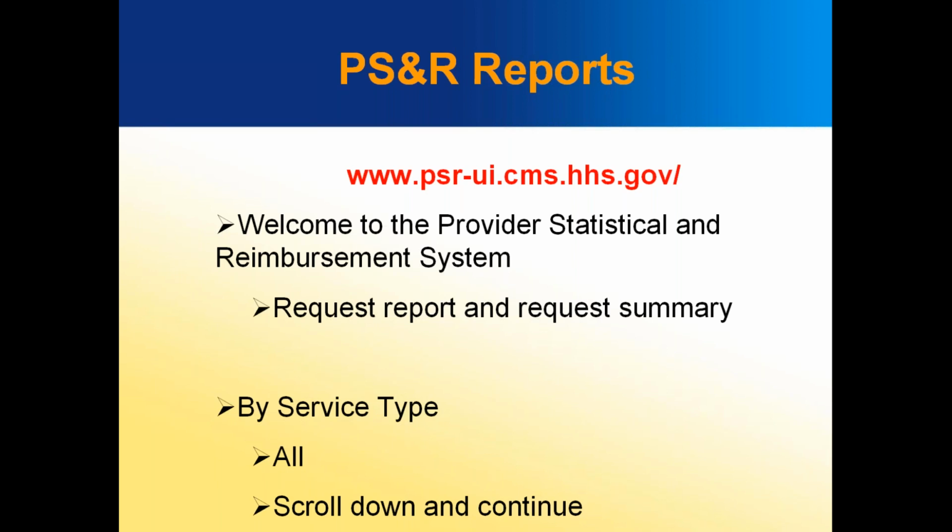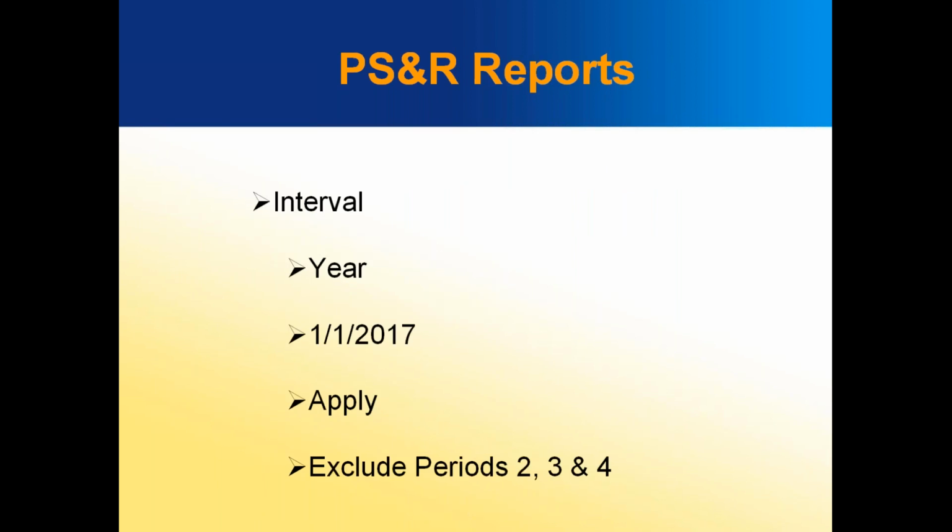Then you'll hit next, and it'll be by service type, and it's a bubble, and you press that. And next to that it says all, and you want all. And you scroll down to continue. Now, from there, there's an interval. And next to that, you will want year, and you'll want to type